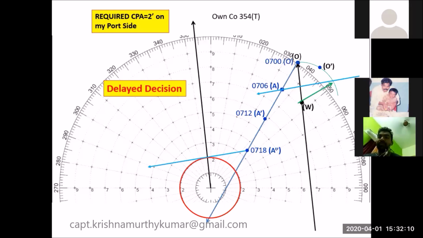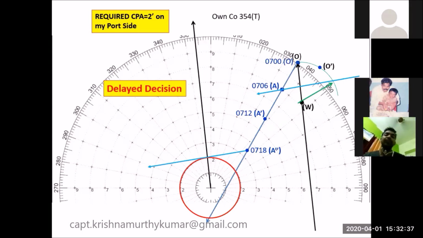And so many decisions are intermingled with not only your own ship and the target ship, but how your action will affect the other target ships. Are you going to pass close to some other ship which is on your starboard side or which is overtaking you? And these are, as Officer of the Watch, going to be very crucial decisions.